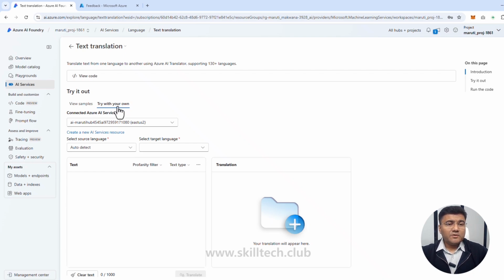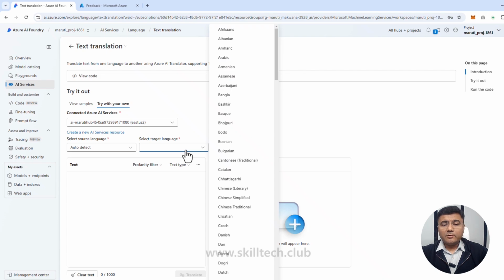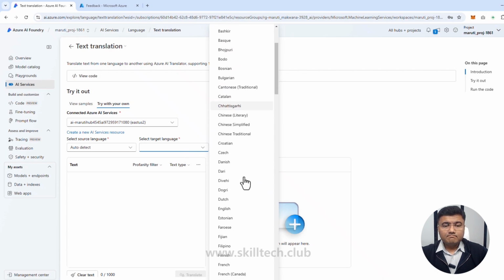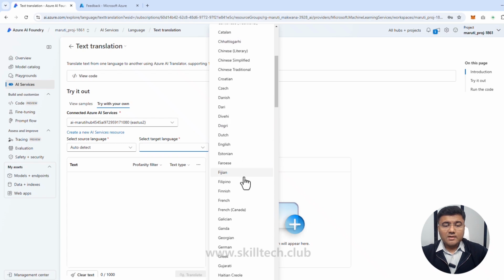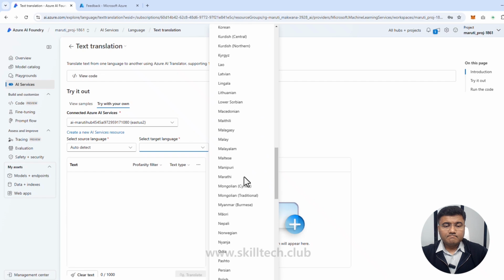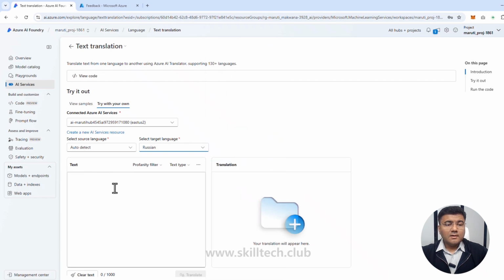I'm just clicking on this try with your own, and it's showing me what will be your source language and what will be your target language. Now the source language can have an auto detect option, so it's going to detect whatever I type inside that. And the target language I can choose. There are plenty of languages. Let's say I'm going to select Russian,